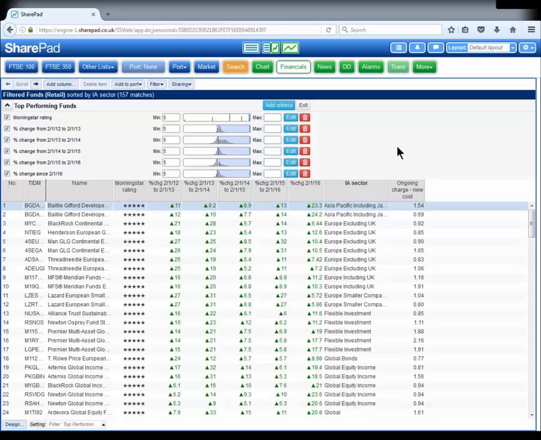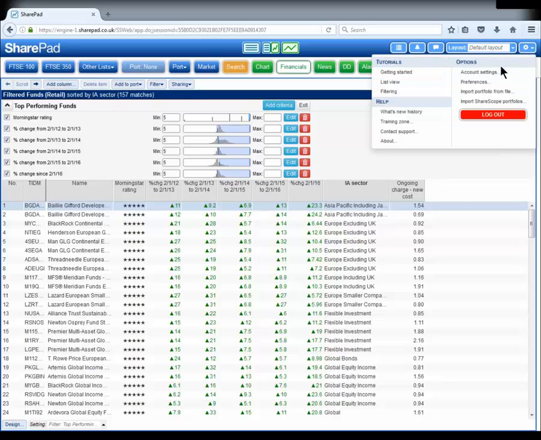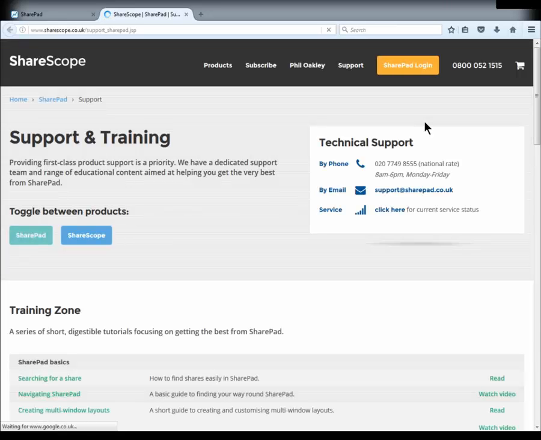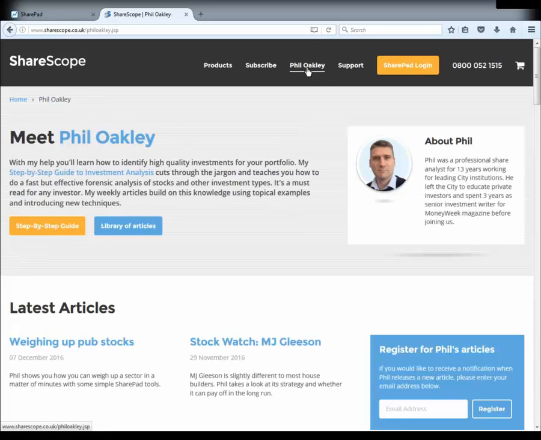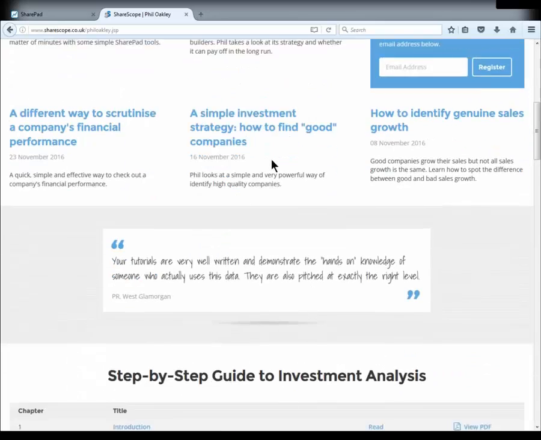So the easiest way to get to Phil Oakley's website is to click on the settings button, and at the moment you need to go to the training zone. In the next release there will be a bespoke option for Phil where you can just click on it and it will take you straight to his part of our website. But if we click on the training zone, then we can select Phil Oakley's section of our website quite easily, and then we can scroll down